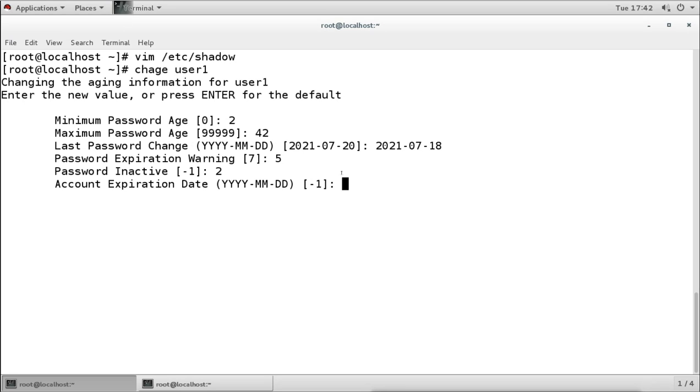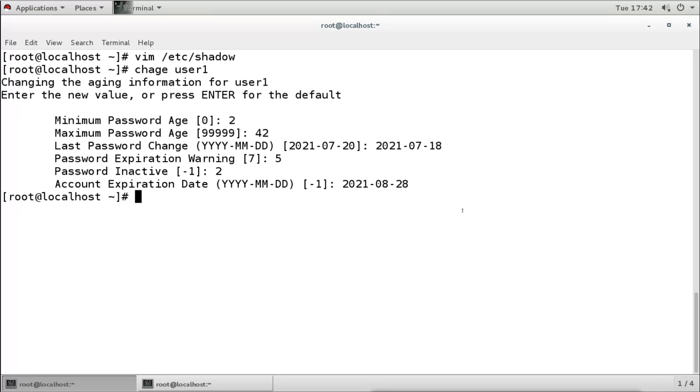So for example, I will say here that after 2021, month 8, and it is 18, so I will say the next month on 28 his account is going to expire.